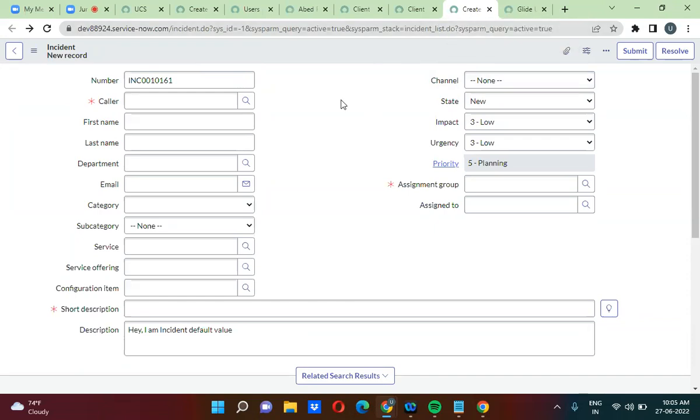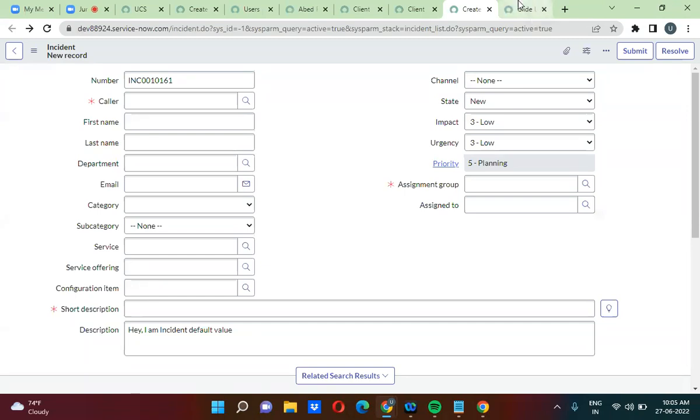Okay. So even though it is coming from a UI policy, it is still getting mandatory, right? Then in your script, why is it not showing as mandatory? Very, very logical point here you guys have to remember. So guys,